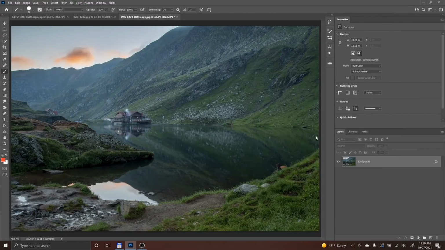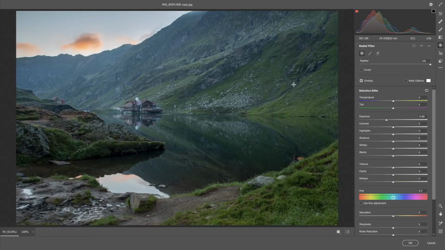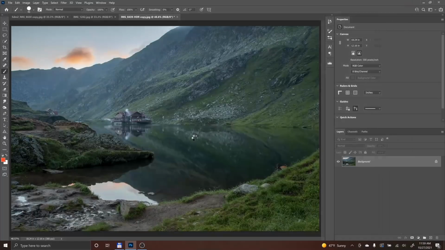And after that, I forgot to do something. And after that, because the point of interest is the chalet on the water, you can simply add a gradient filter over there and just increase the exposure a little bit. And now the attention is more focused on the chalet, but you still have this puddle